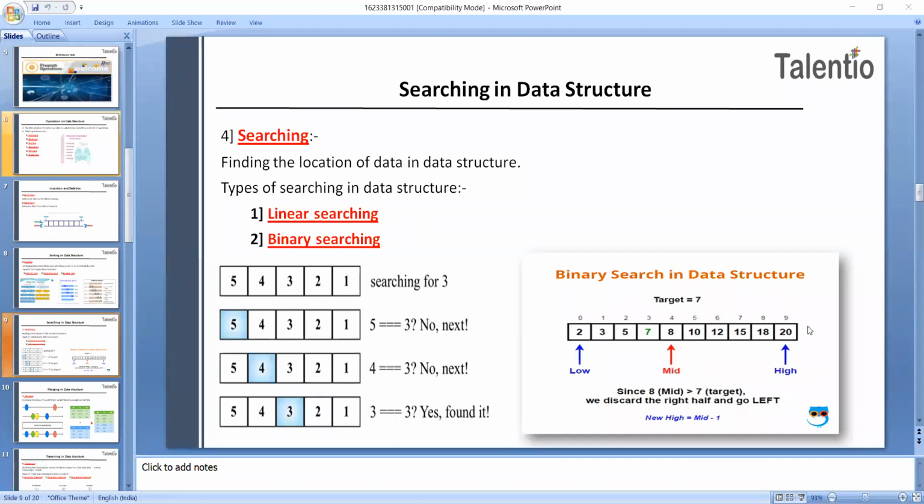If you take 10 as the middle number, it is a little far away from this 7. Only 4 elements will be left on one side and 5 on the right-hand side. But we have to search for 7, so we will take the middle number as 8. If we take the middle number as 8, you can see on the third index only 7 is available. So easily you can find the location of this 7 with the help of binary searching in data structures.